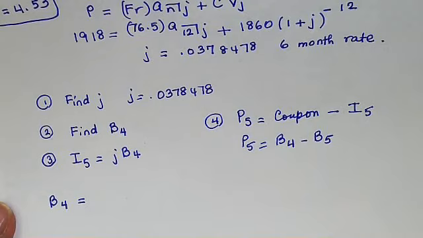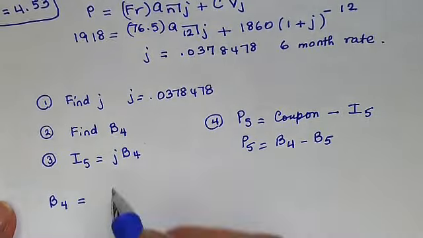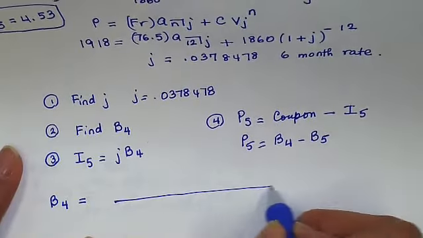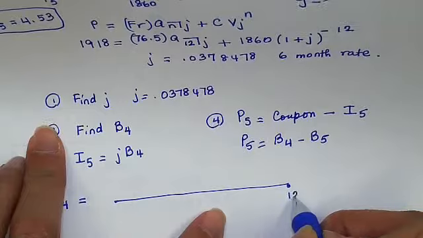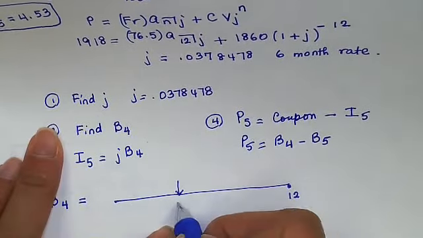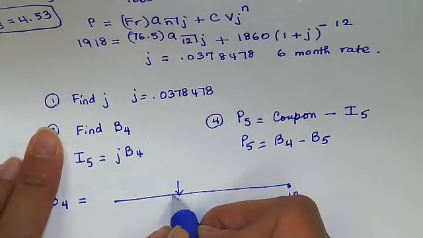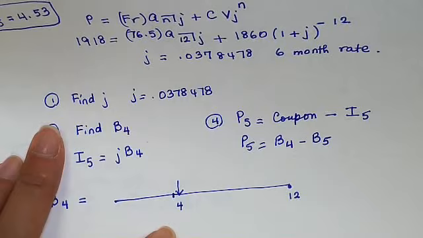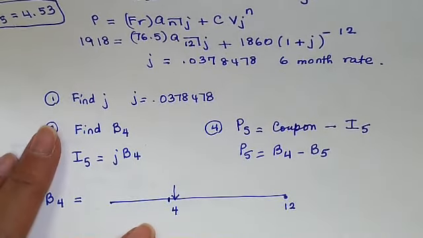So can we go through this process? Let's do it. I have J. Next I want to find B4. How do I find B4? What's the formula for finding B4? I'm standing at